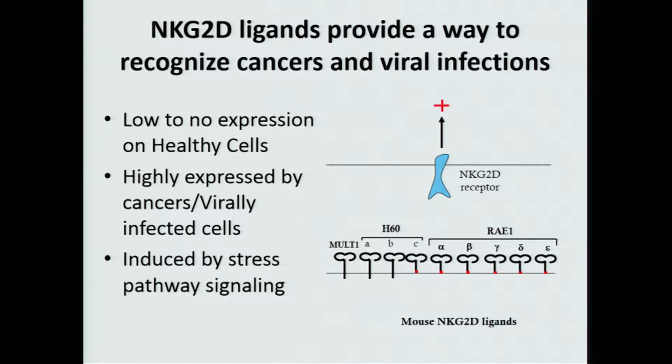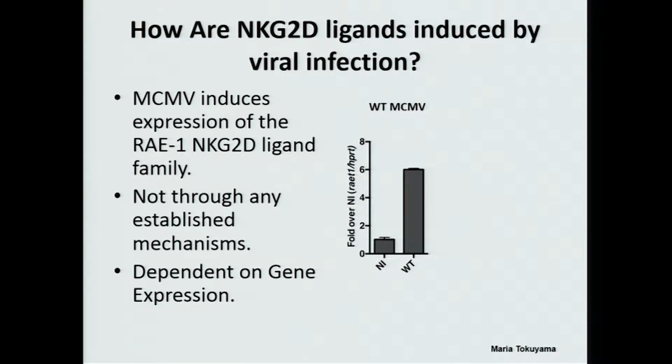So when we started this project, we knew a little bit about the signaling that induced these ligands, but not a ton. We knew that they tended to be induced by stress pathway signaling. And so the beginning of this project started with how do viruses induce the expression of these ligands? And so the model we used for this was MCMV, or mouse cytomegalovirus. And this is because, as you can see, MCMV infection induces the expression of the RAE1 family of NKG2D ligands